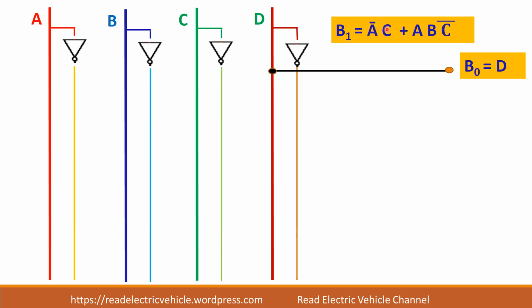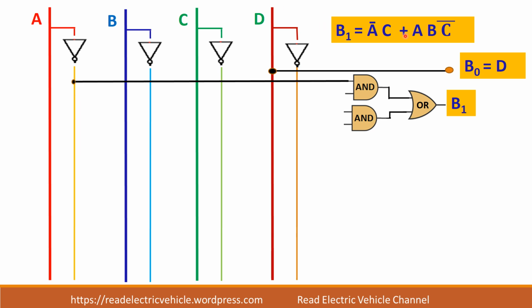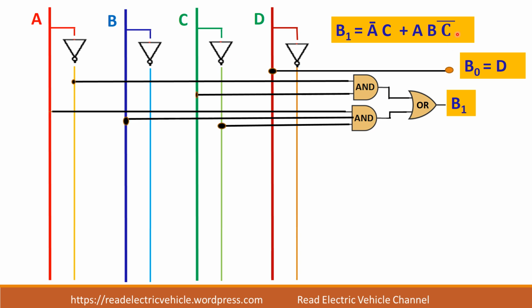So A bar C. So A bar is this line. Then C is green line. Then A is here. B, C bar. Okay. So this is one AND gate and this is another AND gate, and both the AND gates are connected through a OR gate. So 2 AND gates and 1 OR gate is there, which will give you the output